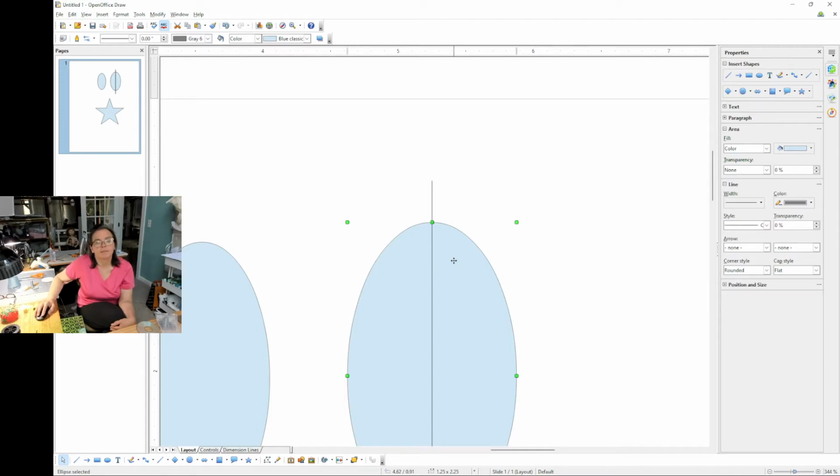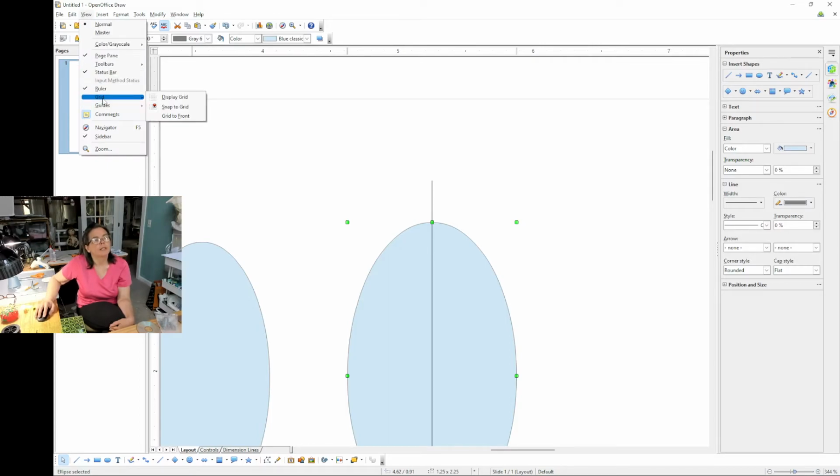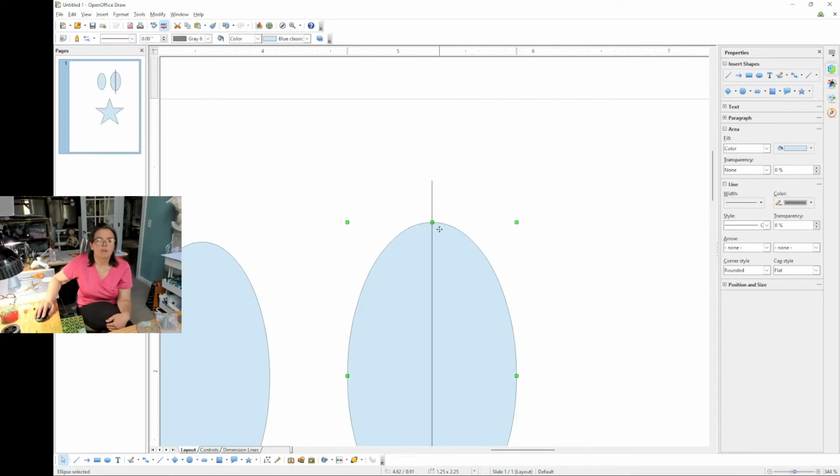Okay. So in view, we go to grid, and I clicked on snap to grid, and it got rid of it. Interesting. Okay. So now that line goes through the center,